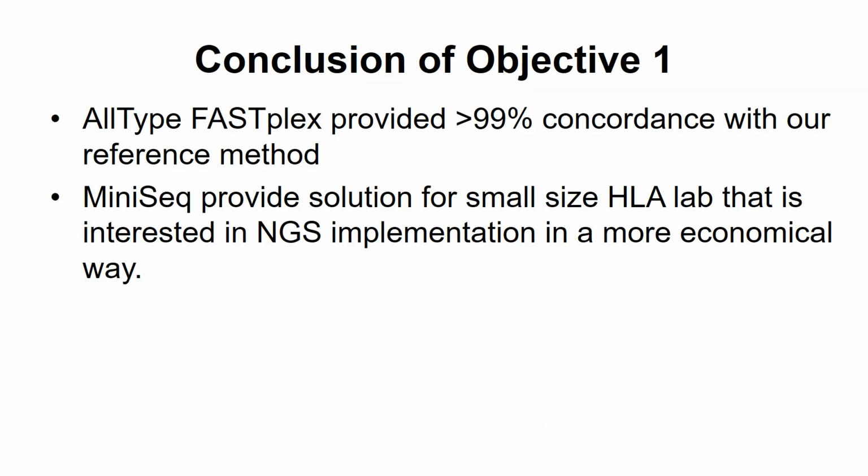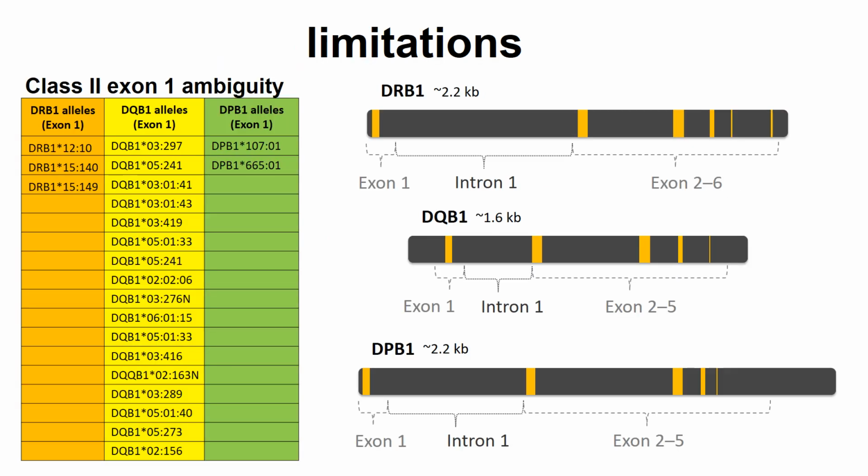So in conclusion of objective 1, AllType FASTplex provided more than 99% concordance with our reference method. MiniSeq, which we used as our platform, provided a solution for small-size HLA labs that are interested in NGS implementation in a more economical way. As with any method, there are some limitations. One of the limitations of AllType FASTplex version 1 is we didn't sequence exon 1, and as a result,